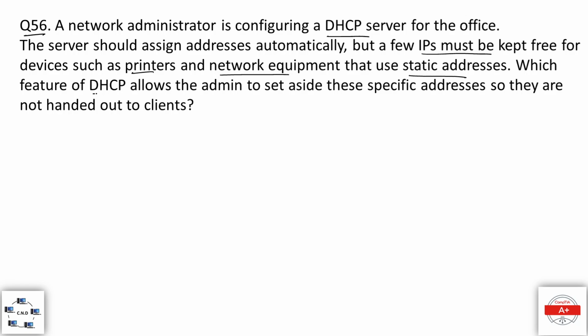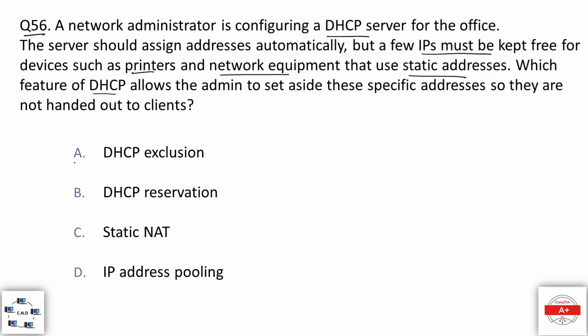Which feature of DHCP allows the admin to set aside these specific addresses so they are not handed out to clients? The options are A, DHCP exclusion, option B, DHCP reservation, option C, Static NAT, and option D, IP address pooling. And the correct option is